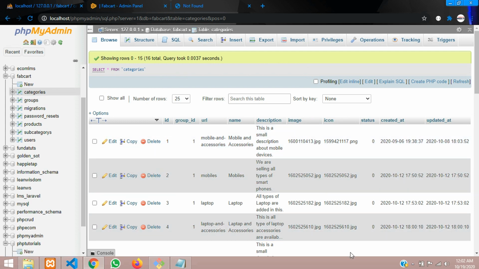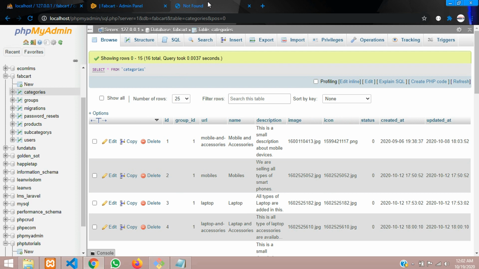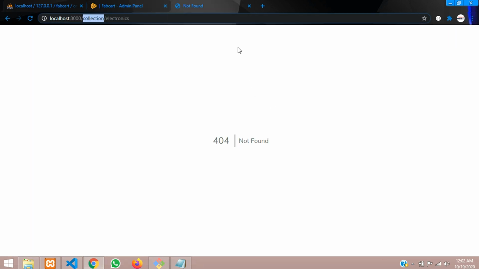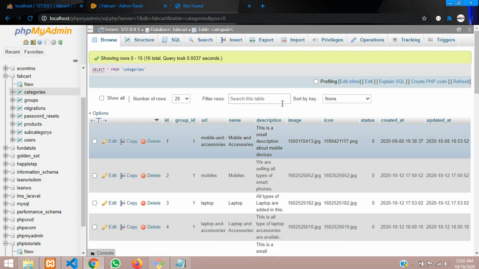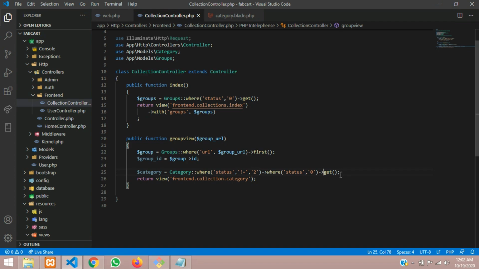So guys, as you can see over here, status is 0. 0 means it should be shown in your front end, so it should be seen over here. If it is 1, it should not be seen over the front end, right? So for that purpose I am just making this 0. Cool. So guys, now let's pass this with